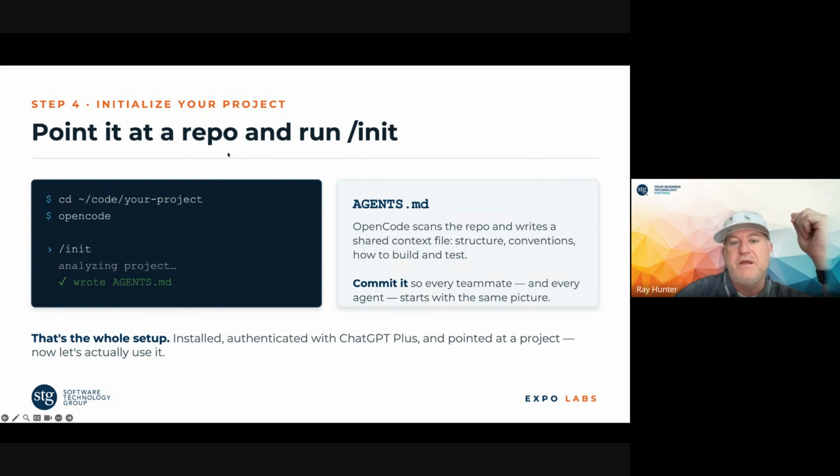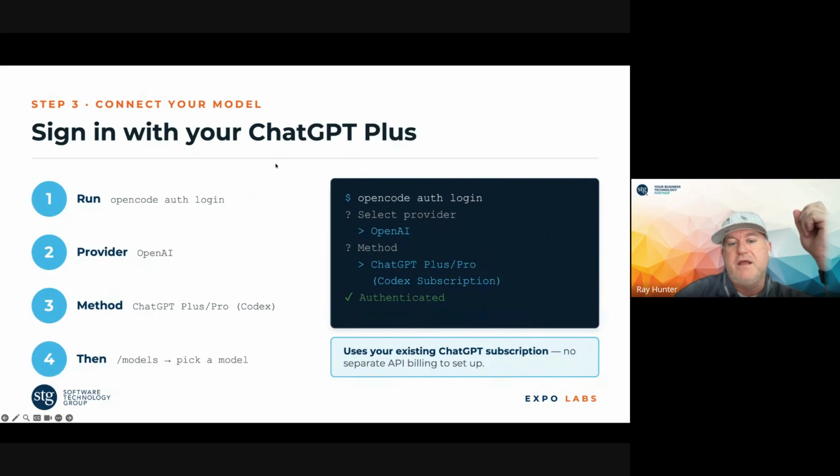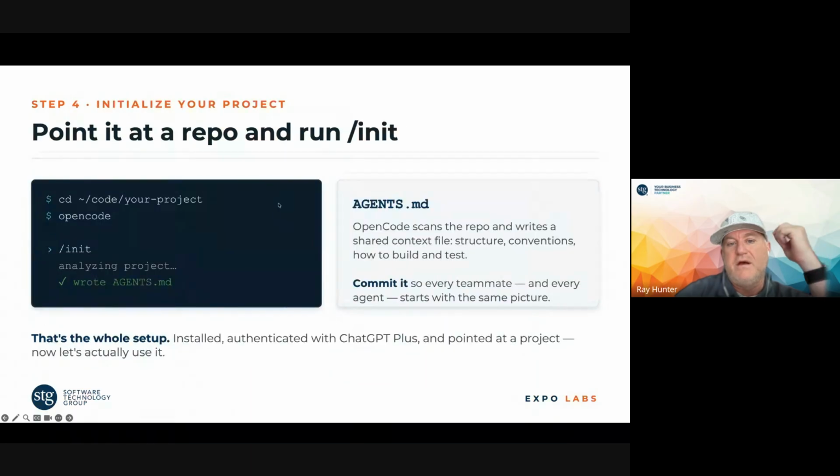Some people commit it, some people don't. I'm a little bit of the opinion that in the project, I don't like to commit it. I like to keep it updated, and so I'll keep it updated myself. For some projects, depending on what you're working on, if there are multiple developers, just come up with a standard of how you want to keep it updated.